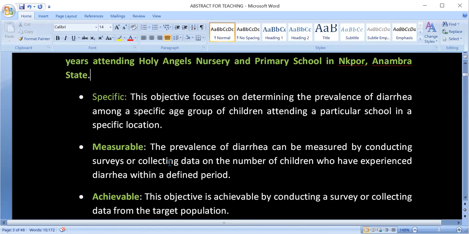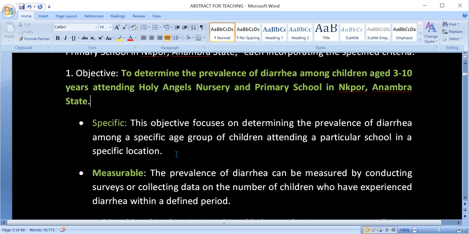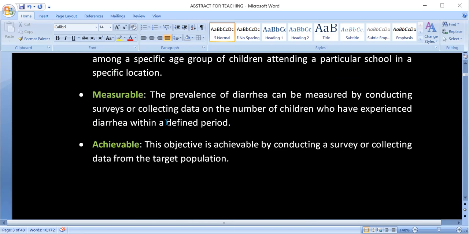That makes it measurable because we can collect the data of how many children passed out watery stool at school today, more than 3 times. That will be added in the prevalence. You see. So this makes this particular objective what? Measurable. And therefore, we can measure it using available statistics and measurement tools. Then,